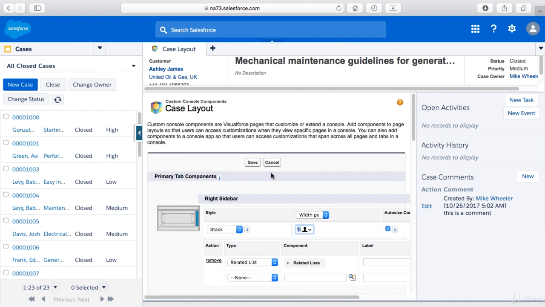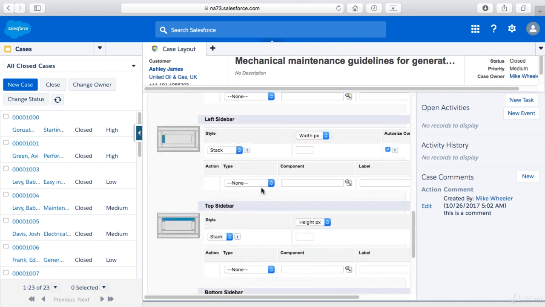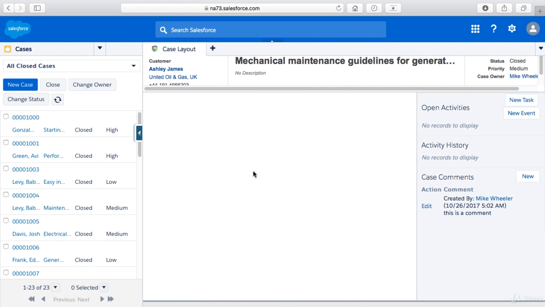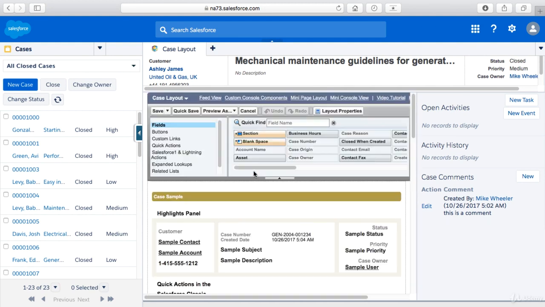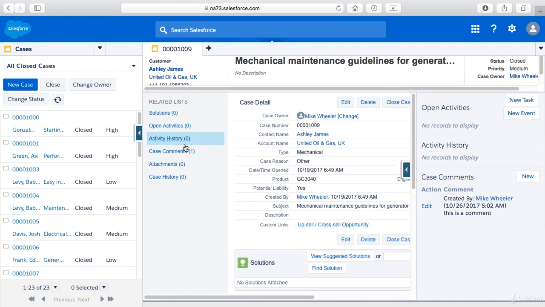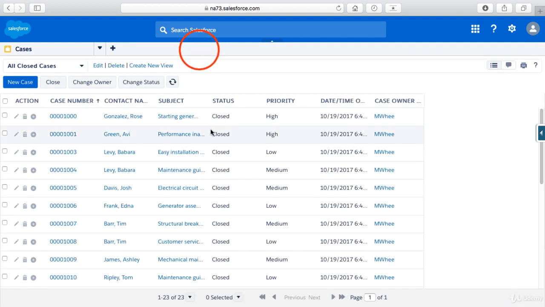And so after we click save, I've got an error somewhere. I've got to set a height on these tabs, so I'm going to do a height in pixels of 100 here, and then click save, and then we should be returned to the page layout, which we are. Click save for that. I'm not sure if you have to click save at that point, or if the components will just automatically and magically refresh. I'm going to close out this in order to get a